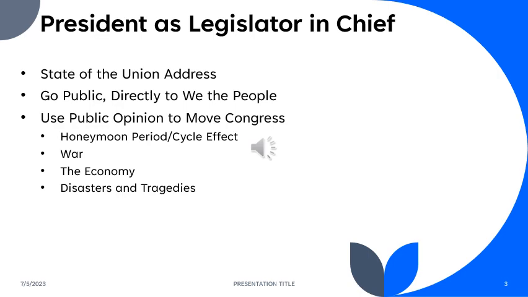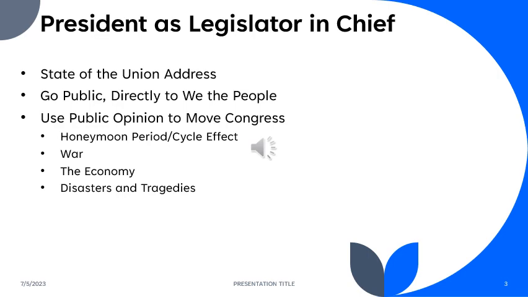The State of the Union address, right, that the president gives every year where they address Congress and it gets play on national television and all that. So that's a way for the president to try to set an agenda for Congress, right? They can say, look, these are the challenges facing America today, whether it's infrastructure or COVID or the war in Ukraine, whatever the president wants to define as a priority, right? That's their chance to make their case to Congress and to the American people. Congress may or may not take that seriously, right? But it's a chance for the president to take his or her swings in helping to set the agenda for Congress.